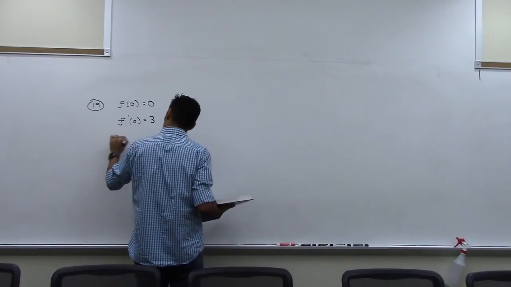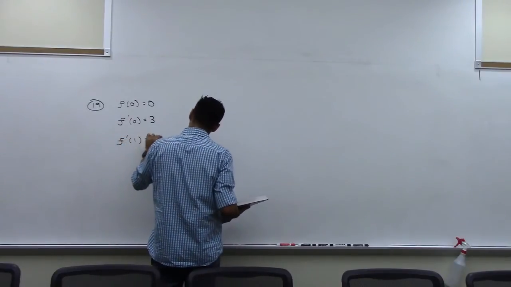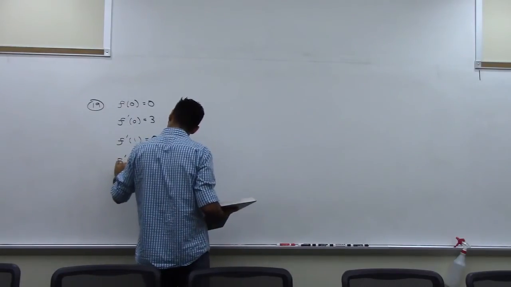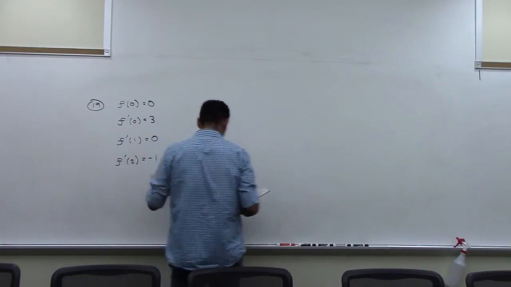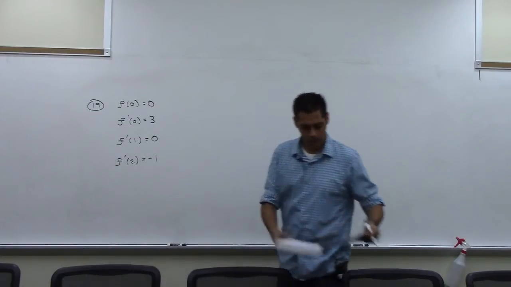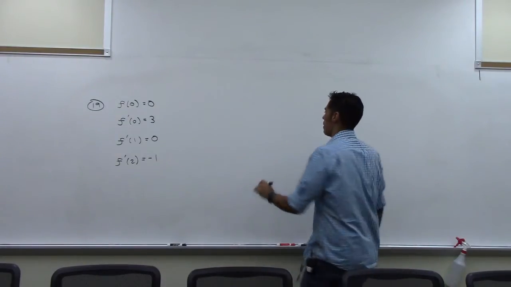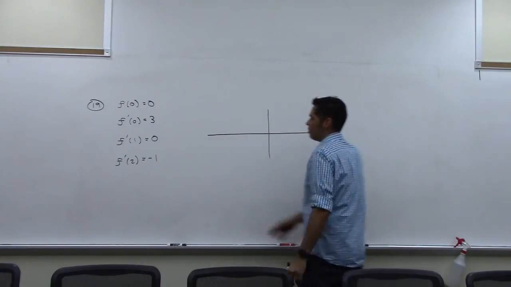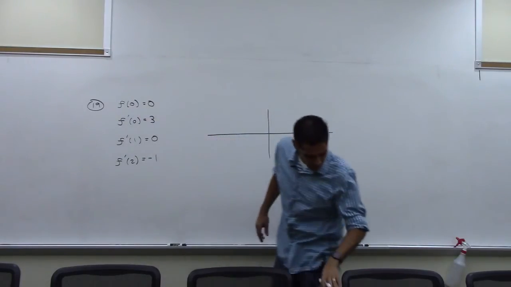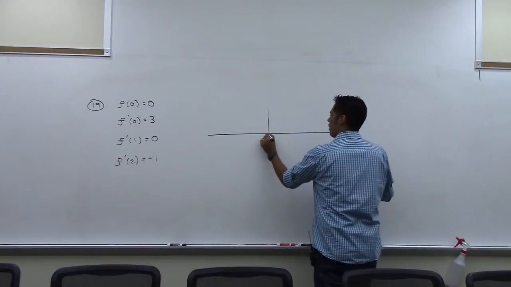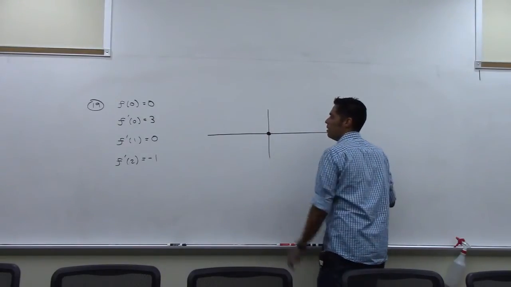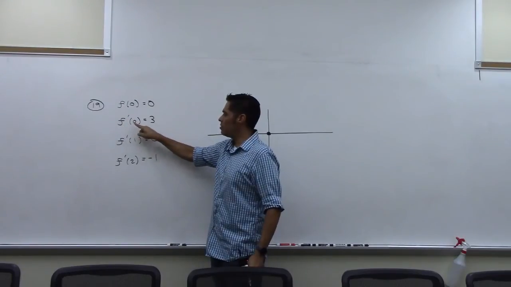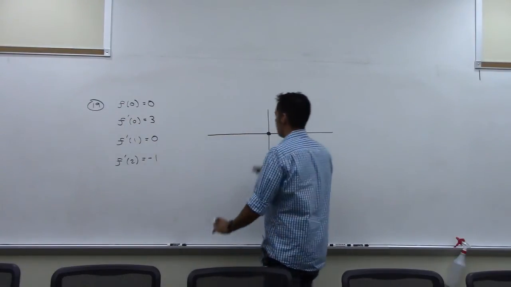F prime of 1 is 0. F prime of 2 is negative 1. Let me start with that first condition because that's just algebra. F of 0 is 0. That point is there. The slope of the tangent line, the derivative, at 0 is 3. So 3,